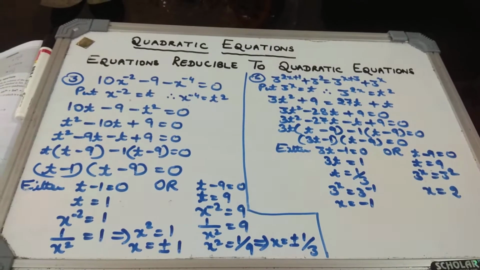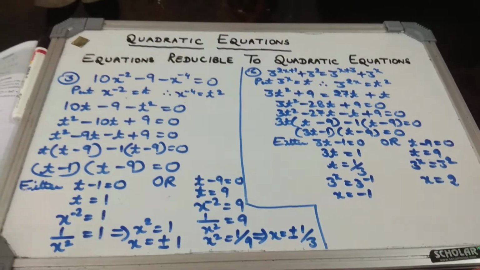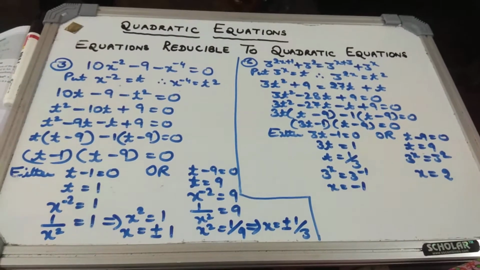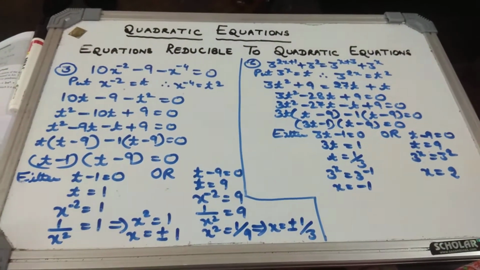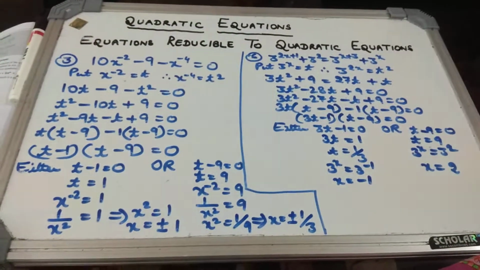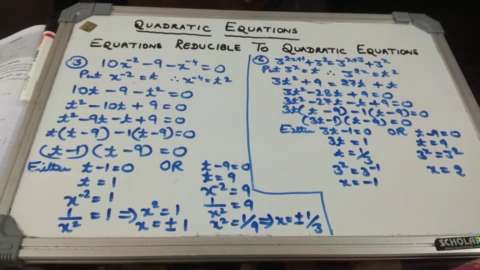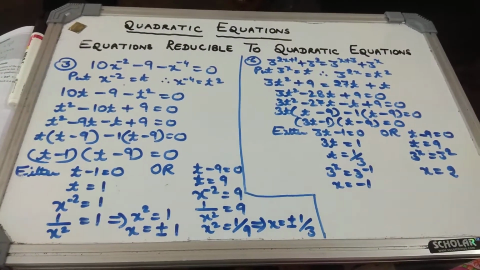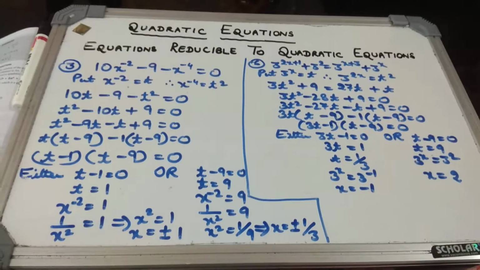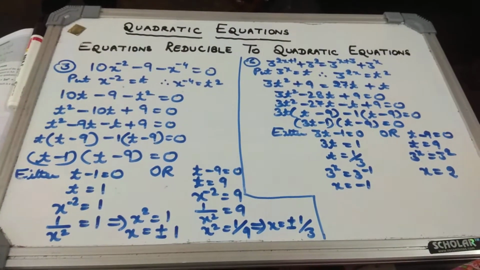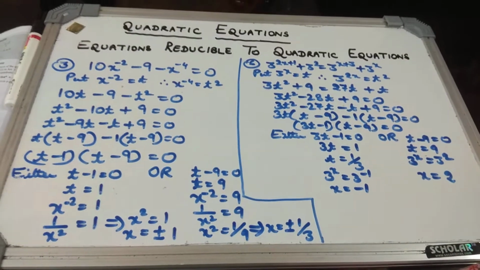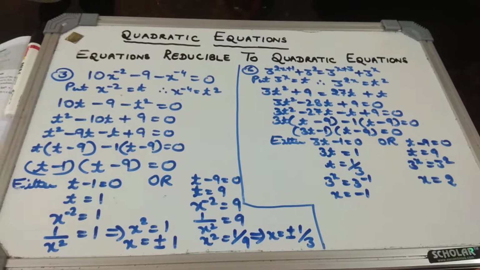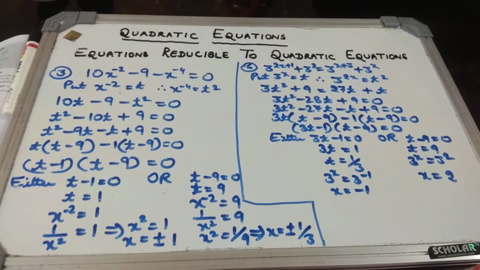Now you have already done what is a quadratic equation, and how to solve it using either the factorization method, that is the direct method, or if it is not factorizable or you are unable to factorize yourself, then we can switch over to the second method, that is using the formula, the Sridhar Acharya formula. In both cases you get two solutions as usual, and those solutions are called the roots of the quadratic